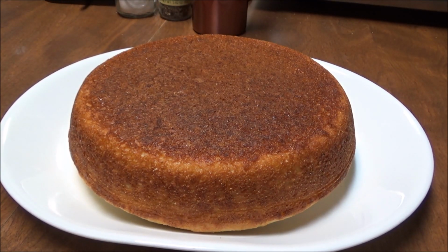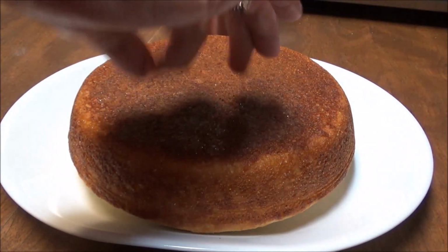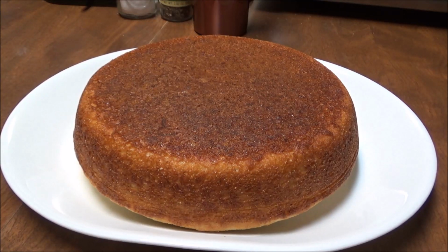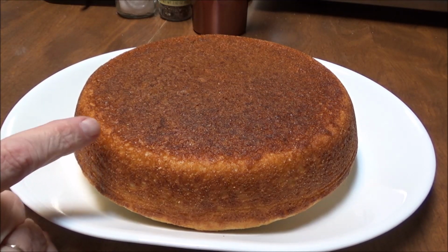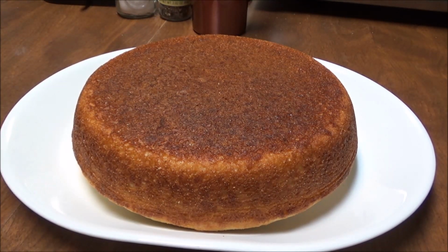Okay, y'all, I wanted to bring you back and show you this before I cut a piece of it. This is my cornbread, and I don't know if you can hear that, but this is crispy. It's really crispy on here, and that's what putting the cornbread into a cast iron skillet when the skillet is oiled and hot does. And this is real Southern cornbread. I wanted to show y'all, and I'll bring you back when everything else is ready